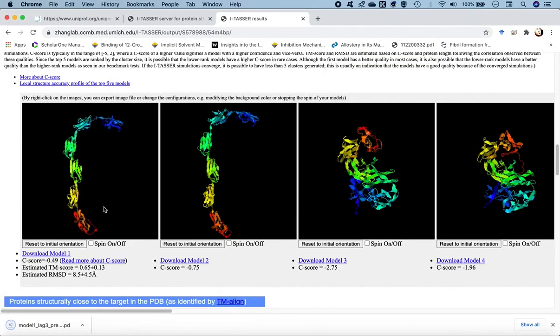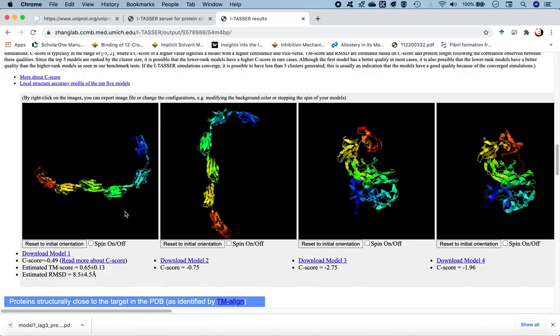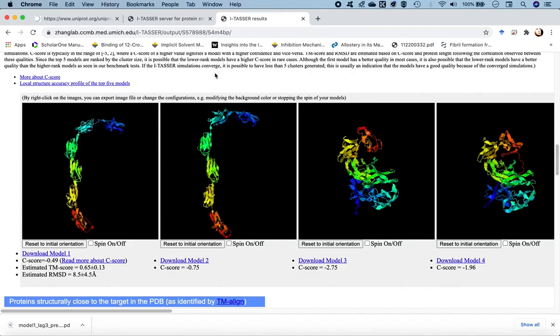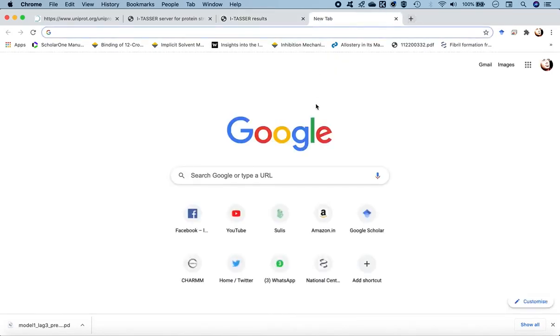So let's compare with the proposed known structure that we were anticipating it would correlate with. That is the one which has less than 30% sequence identity, but still, to a certain extent, the structural annotations could be the same. Maybe the domains and the regions might not exactly match up because they are not conserved in nature. The sequences are not homologous, but the structural insights might be valuable. So I know the PDB code for